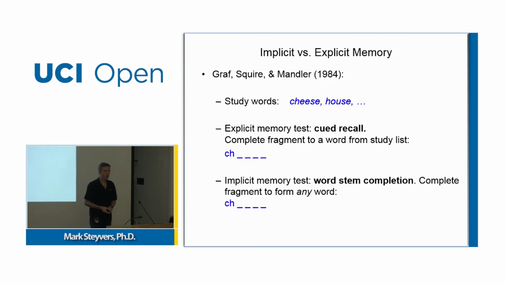So I want to talk about one experiment in detail that shows this interesting dissociation between explicit and implicit memory. It is an experiment by Graf, Squire, and Mandler, 1984. Standard study paradigm involving studying random words, like cheese, house, and lots of other words. And then in one condition, subjects were asked